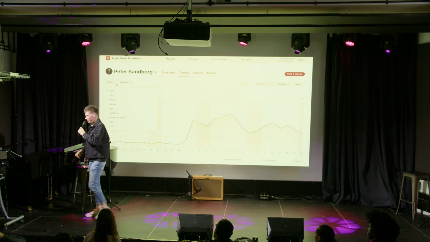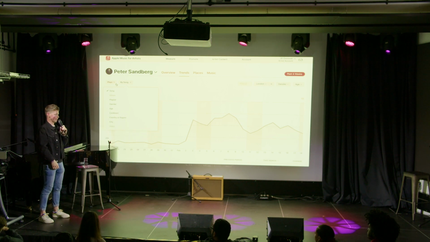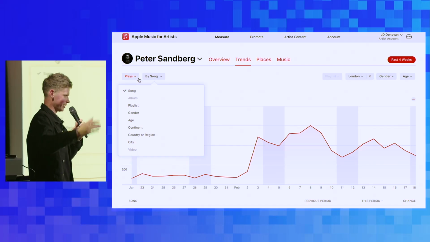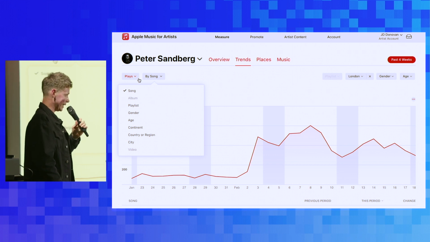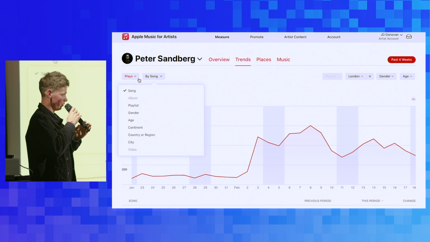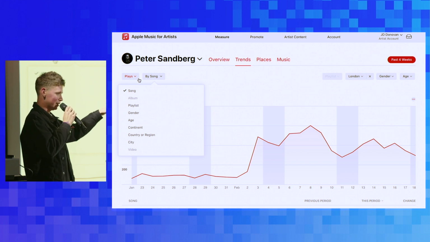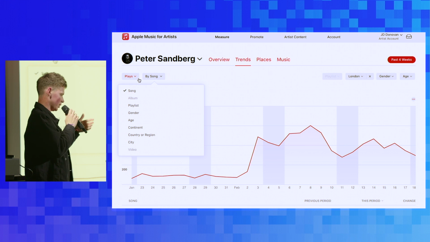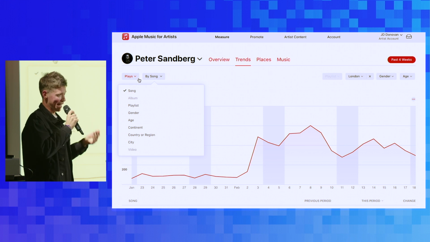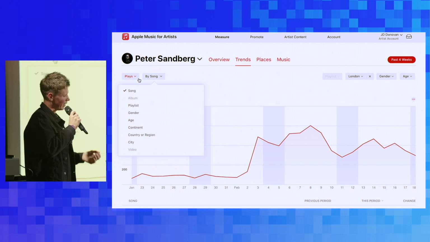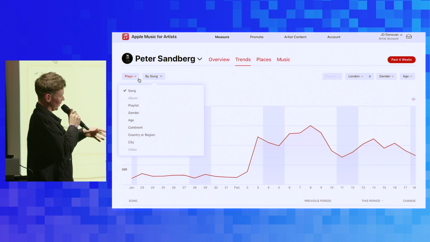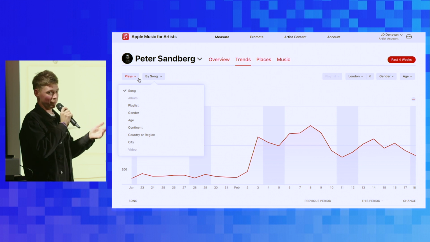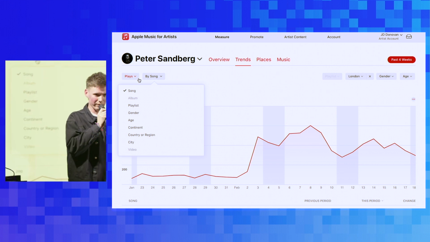All right. Some of you who are artists, you might be thinking, oh man, that's why I go and get a manager. But you should also definitely have an understanding of this. If you want to really understand your audience, and I say it's really important for artists. This is why Peter has access. He sits and looks at this stuff. Maybe not so much. His music is quite different. If you're a pop act, you want to know who you're speaking to. So if you're like, actually, my fans are sort of more weighted towards 25 to 34, maybe that age group is not going to be as active on TikTok as 18 to 24.